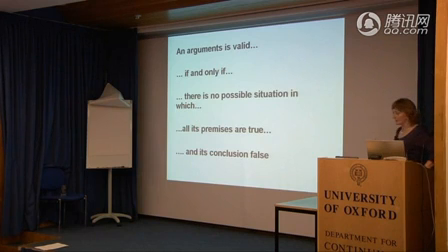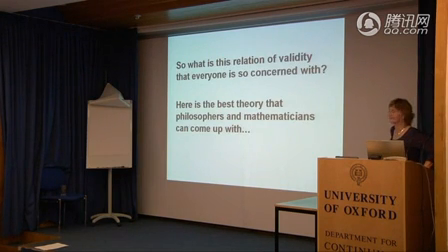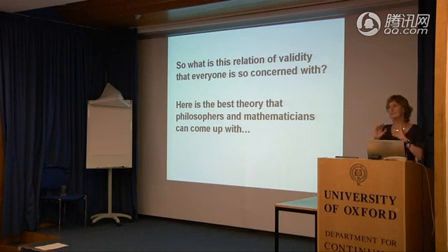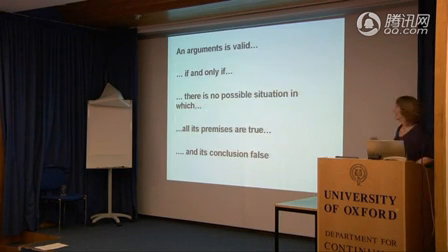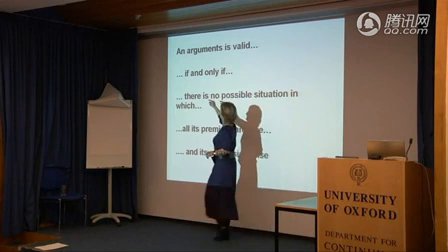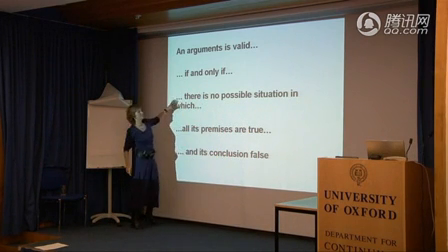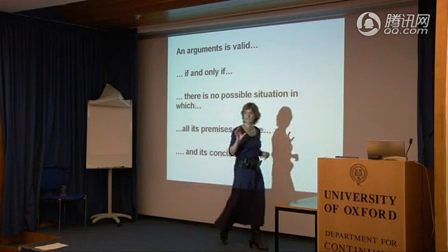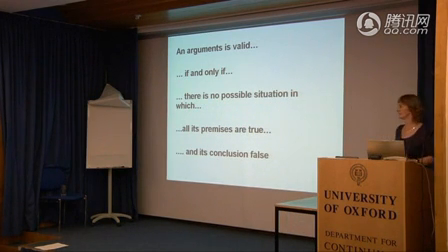Okay, so why is this relationship of validity so important? What exactly is it? Well, there are different theories of the nature of validity, and there are some problems, as we'll see later on, with the notion of validity. But what I'm going to give you now is the best theory that we can come up with. An argument is valid if and only if, and notice this logical phrase here, if and only if there is no possible situation in which all its premises are true, remember it must be all of them, and its conclusion false. Okay, that's a claim about a valid argument.